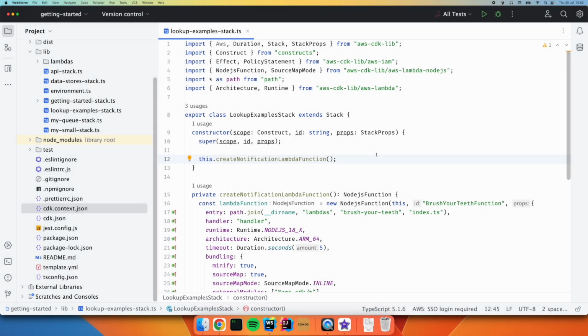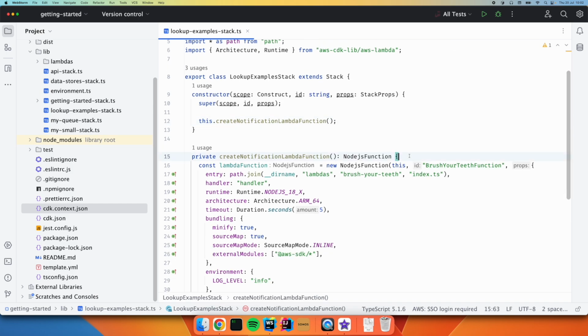We've got an abridged version of the Brush Your Teeth project, so we can have a bit of a play around with referencing existing infrastructure, things that either don't exist in CDK or exist in a separate CDK project. The first technique we're going to have a look at is using a static method on the construct or type